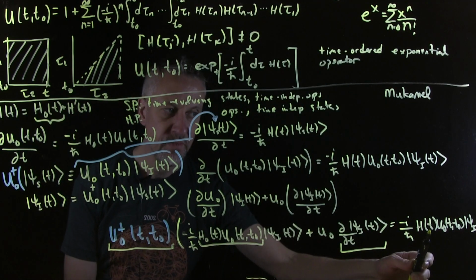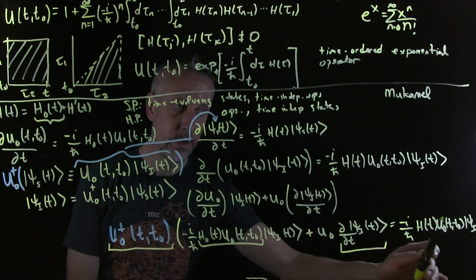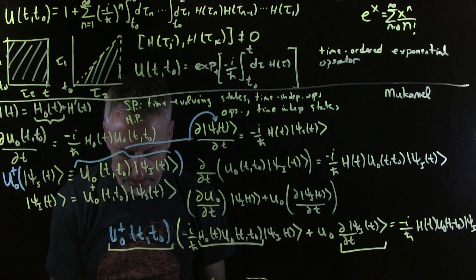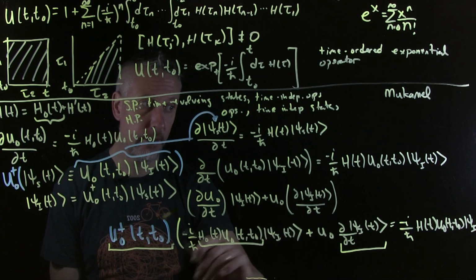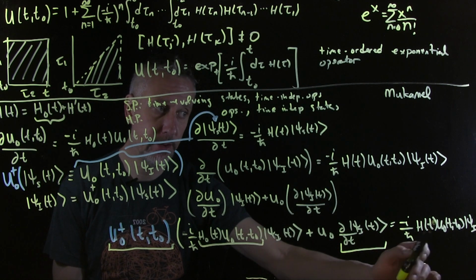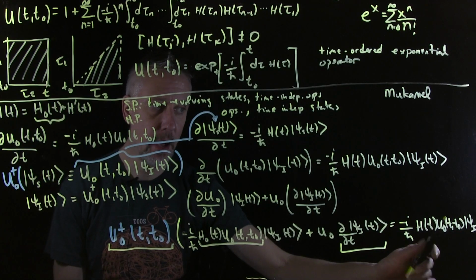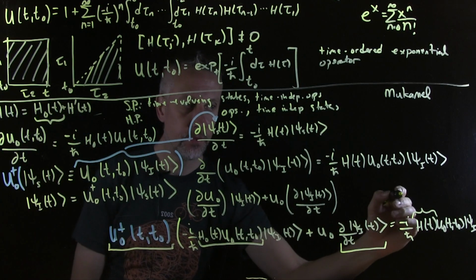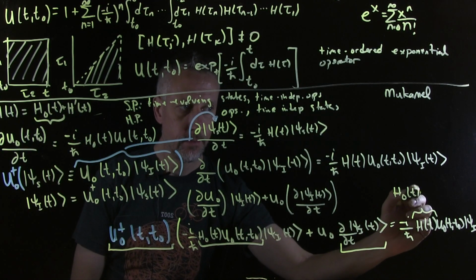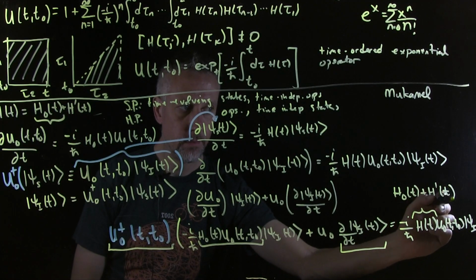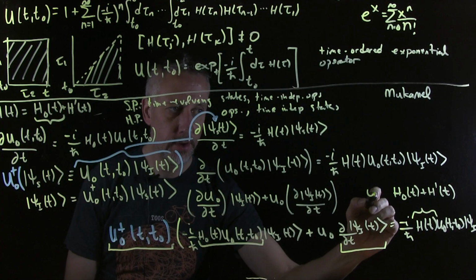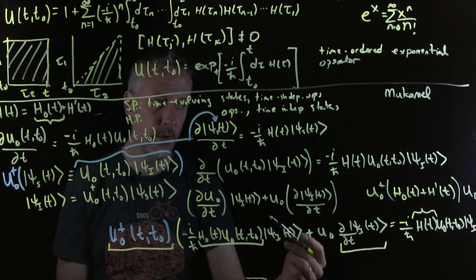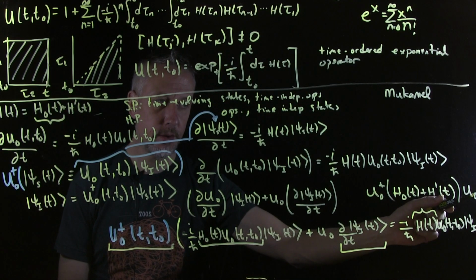And on the other side, we're going to have u naught dagger h u naught. Okay? And so when u naught dagger operates on h and then u naught, something very interesting is going to happen. What is h? H is the sum of these two terms. Right? So this is going to give us a u naught dagger on one side and a u naught on the other side. All right, so notice that the u naught h naught u naught is there